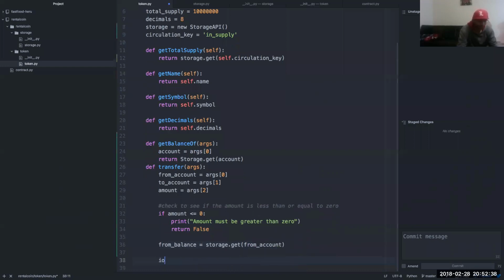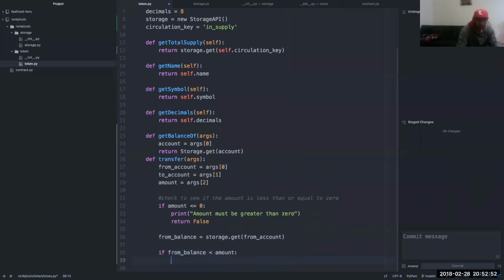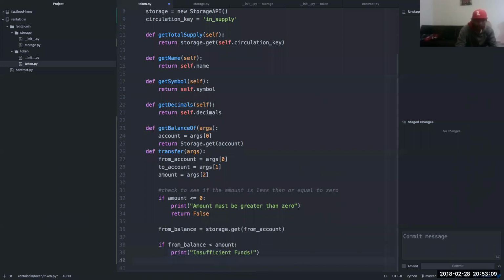And then we're going to check if from balance is less than amount. Then we're going to print insufficient funds, and then we're going to return false.